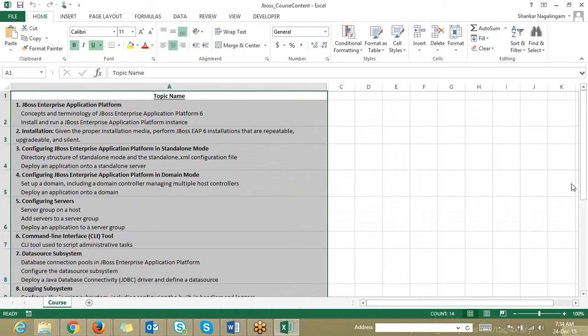But if there is a topic which is of your primary importance, or a primary preference of your work, which is not included here and which you want me to talk about, in case I feel it's only meant for you, I'll take a one-on-one training with you. Otherwise, I'll do it along with the class. Clear? But from a course content point of view, I'm completely flexible. You can edit, you can delete, you can add, you can let me know any deviations you have on the course content. I can comfortably accommodate that.